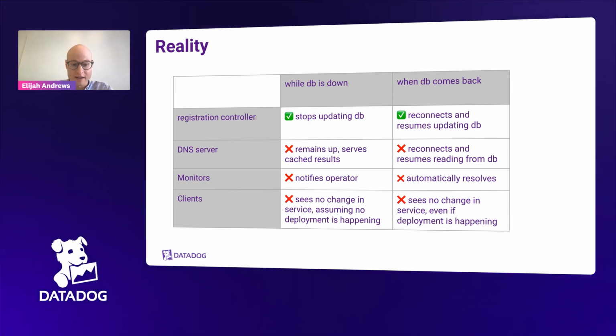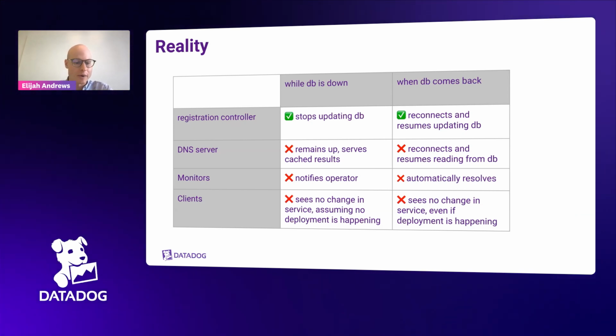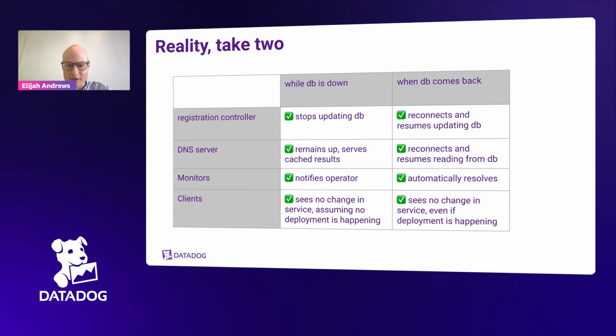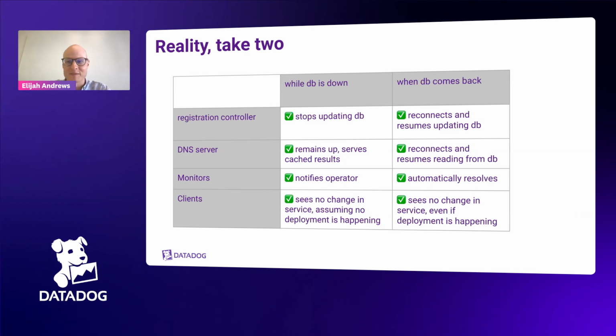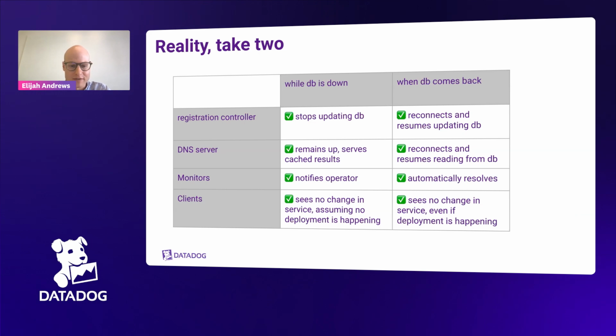So we took that and created a follow-up task to fix that crash, and we ran the experiment again. The second time that we ran it, everything worked correctly. If we hadn't run the game day, it would have been months down the line that we caught that, probably at 3 a.m., at the worst possible time, on Christmas or some day that no one wants to fix it. But we were able to fast track that.